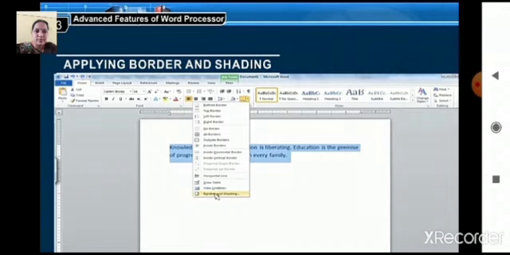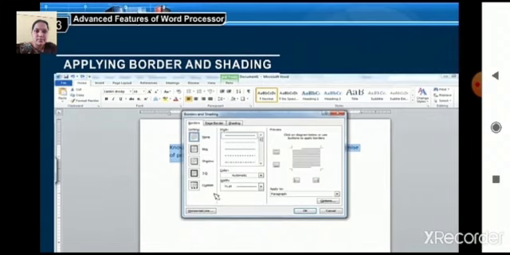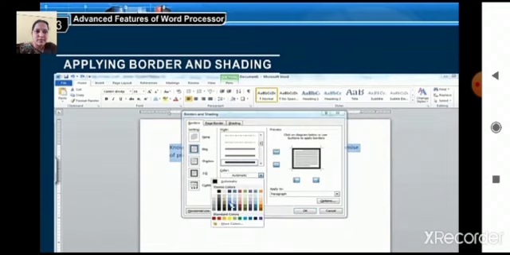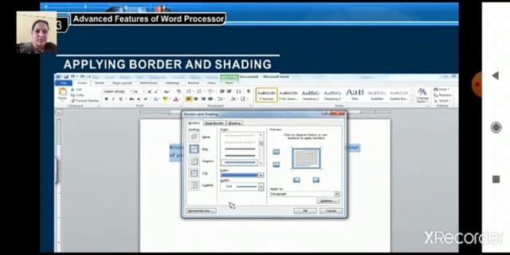Select the Borders and Shading option. The Borders and Shading dialog box appears on the screen. Step 4. Choose the desired border style from the Style section. Step 5. Choose the desired color from the Color section. Step 6. Choose the line width from the Width section. Step 7. Select the paragraph option from the Apply to drop-down list.